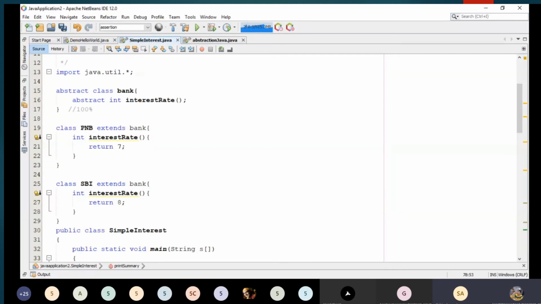So this is where we are selecting the appropriate bank based on the interest rate provided by the bank, and we are doing the common calculation using the static method. Inside that, we are calculating for whichever bank we have selected. Based on that, our method will be executed, and our interest will be simple and